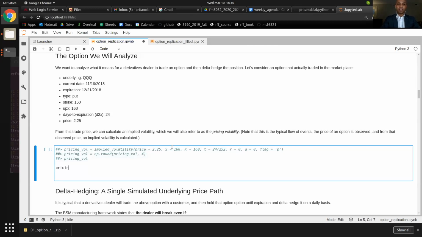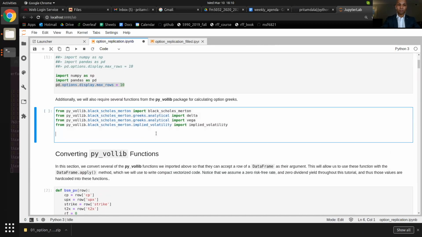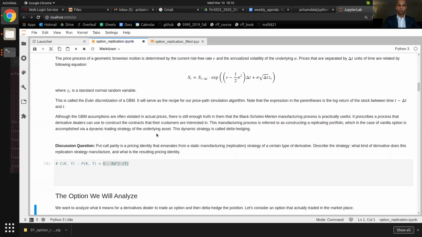So I'm going to say pricing vol equals implied. Didn't I run this up here? Oh, I didn't even run this. My goodness. I don't think it matters actually, but